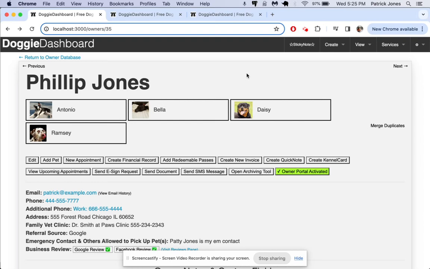Today I'm going to show you how to use the archiving tool. So archiving in Dougie Dashboard terminology is a way to keep a client or pet's information in your database, but remove them from the drop-down menus for appointments, for invoicing, for check-ins. This is great if a client has become inactive and you don't want to remove them from your database completely, but if they come back to your business in the future, you want to be able to start creating invoices